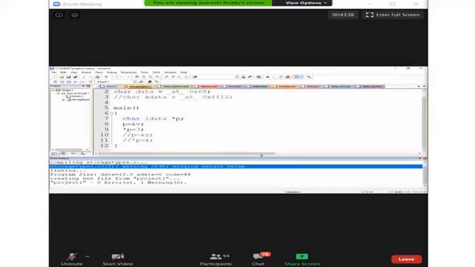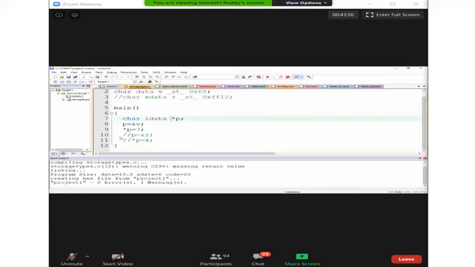Only to the internal RAM means the internal RAM addressing space is 00 to FF. So how much will your pointer size be? 1 byte only. See the code size difference. Previously it was 44. Now it is 20, because previously there was a library call and the pointer size was also bigger. But now it is 20 bytes. And see the code generated for it.